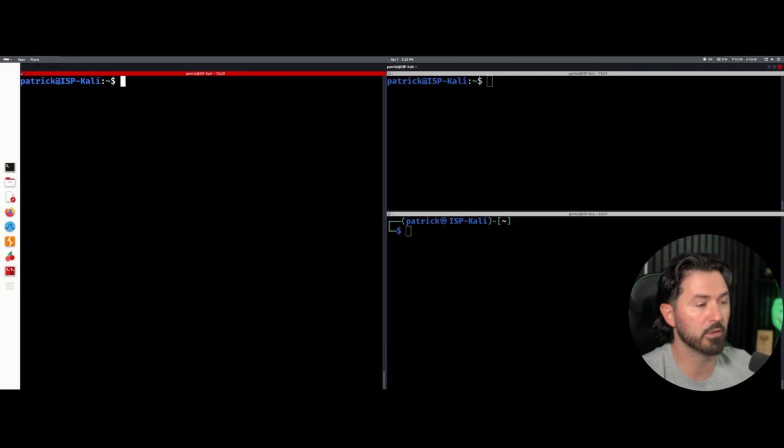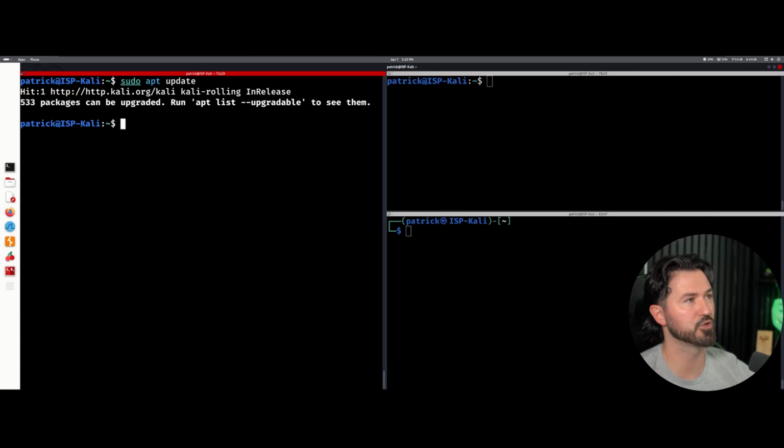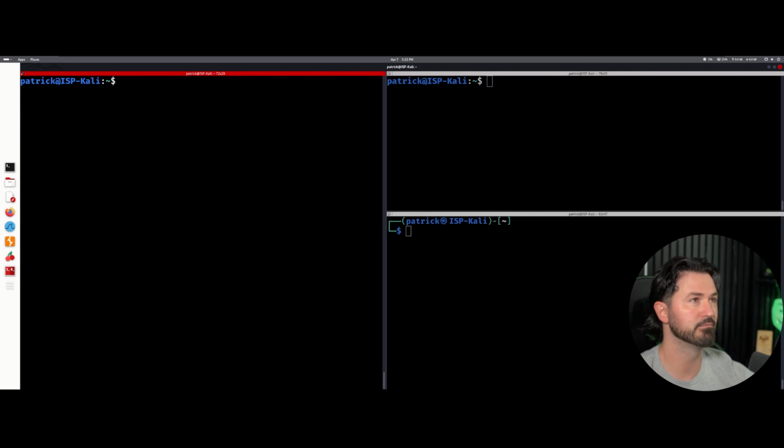Okay, so what we're going to go over is anonymizing your traffic with proxy chains and Tor, right? So anytime you install anything on Kali, what you can do is just do sudo apt update. I like to update my repository every time I do something new on my Kali machine. And if you're running a VM, the best thing is to take a little